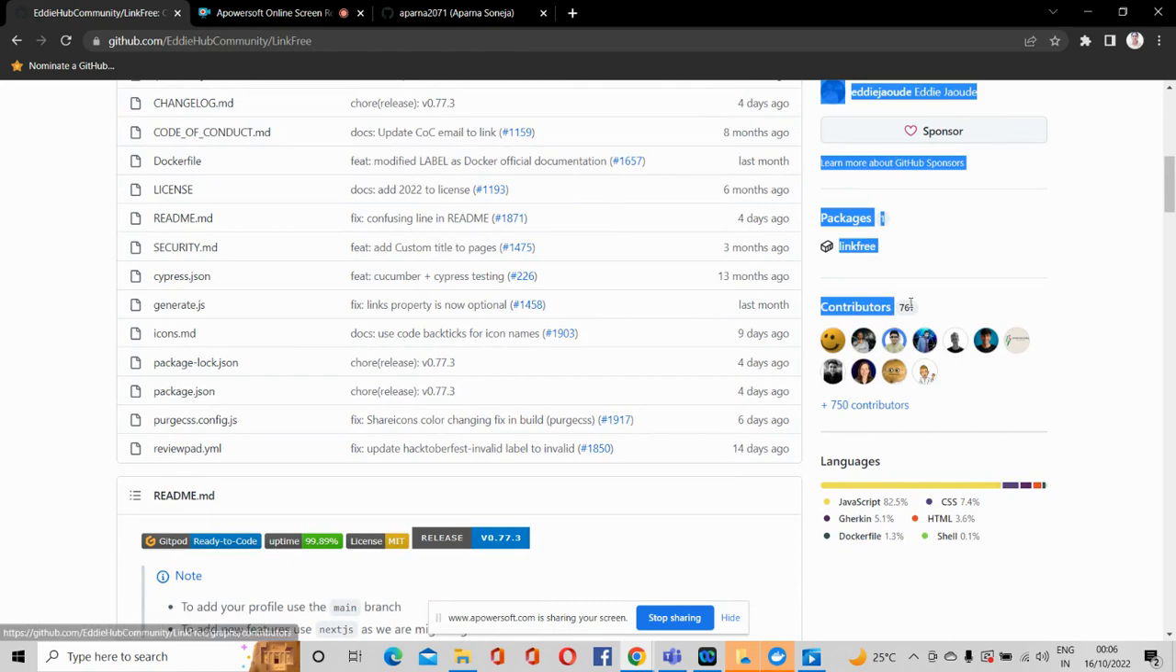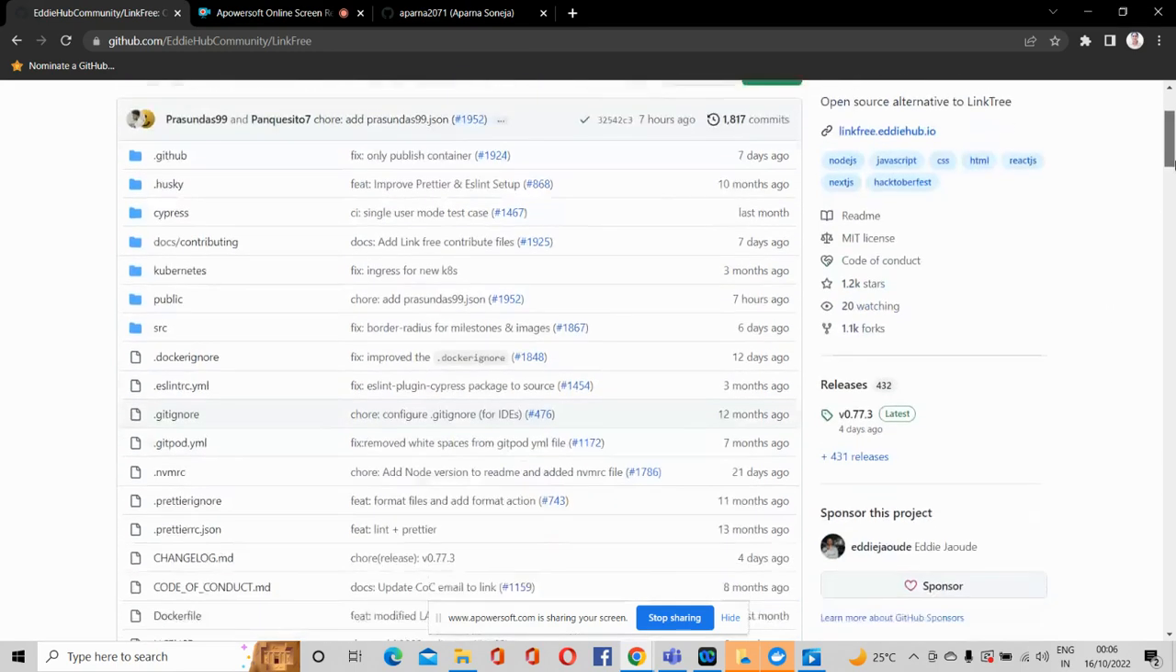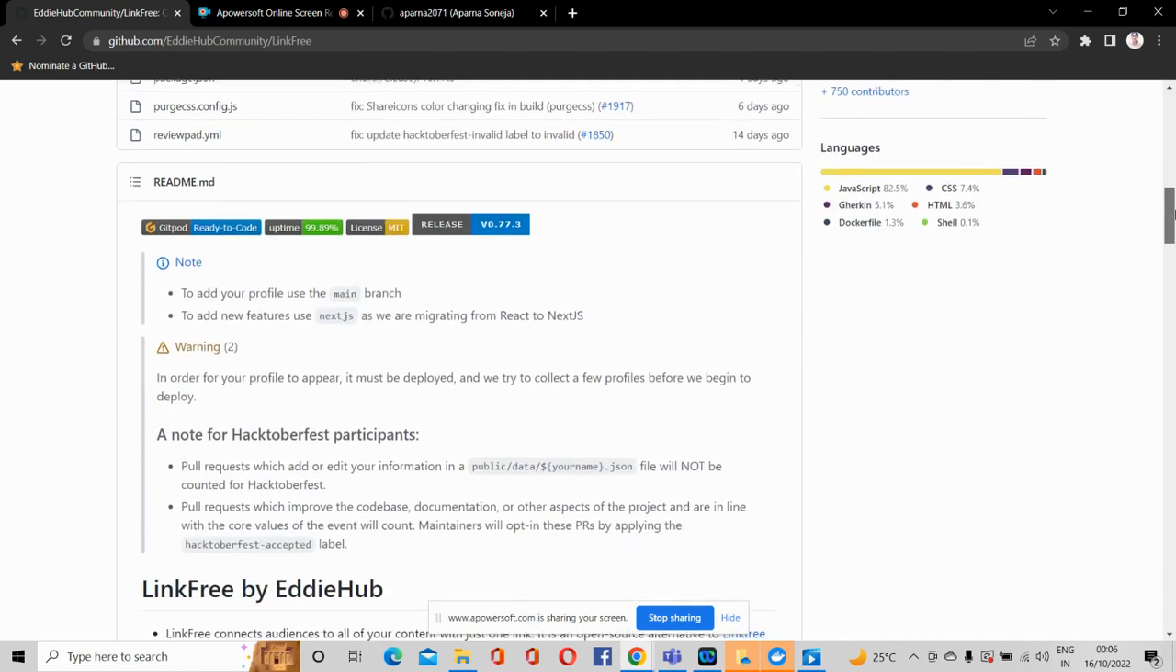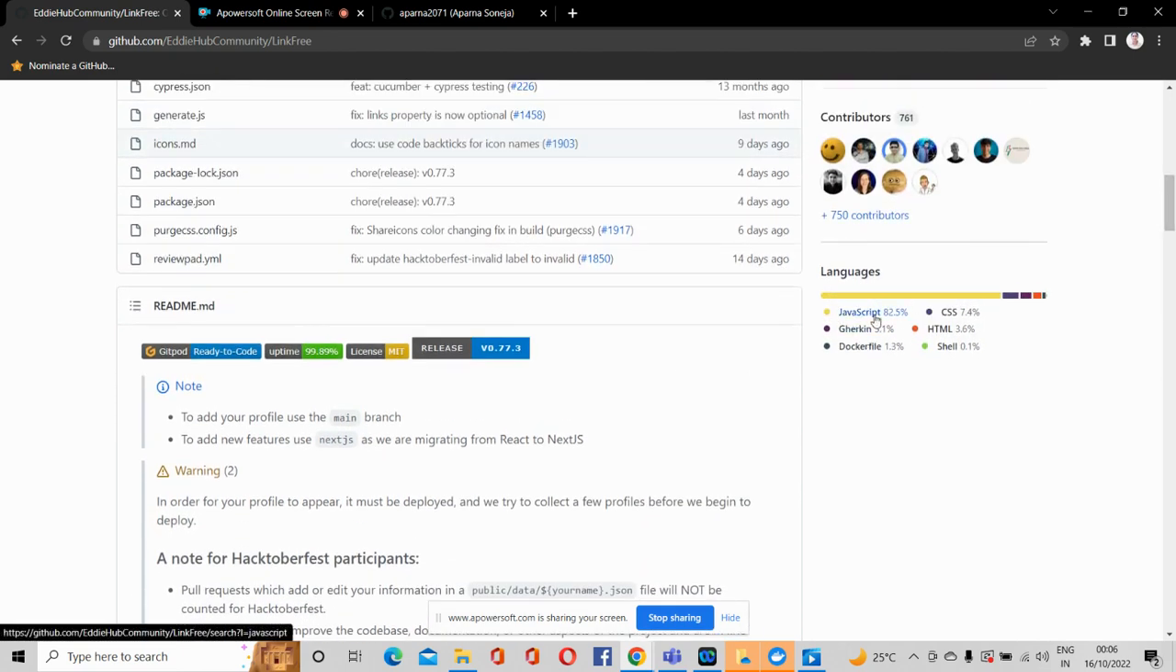you can see the contributors. So these are the people who have contributed to this project. Okay, so this project has 761 contributors, and then you can find out the languages that are used in this project. The most used language in this project is JavaScript, that is used 82.5%. Okay,